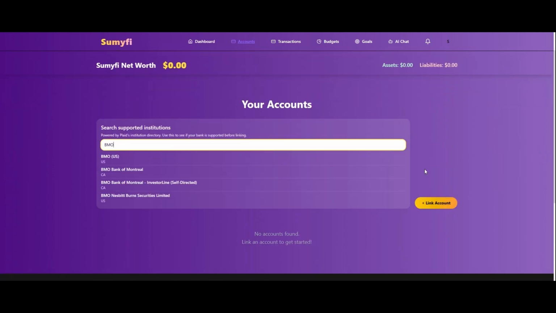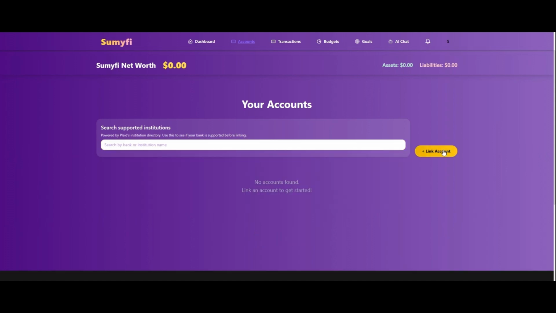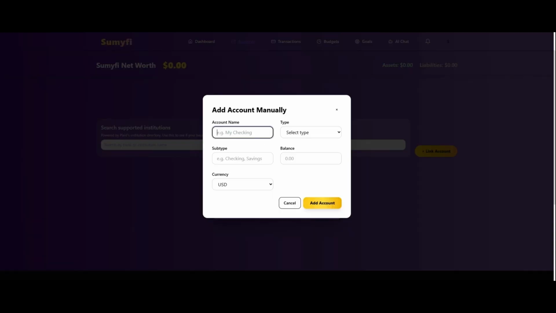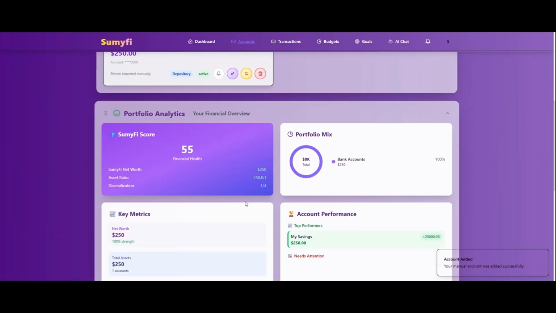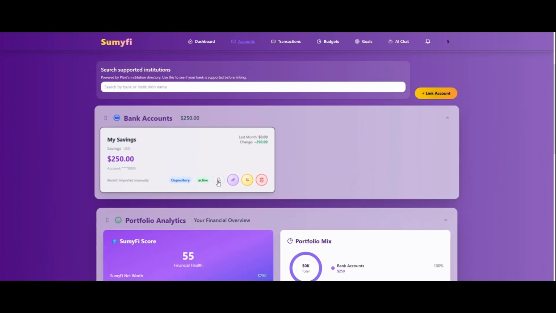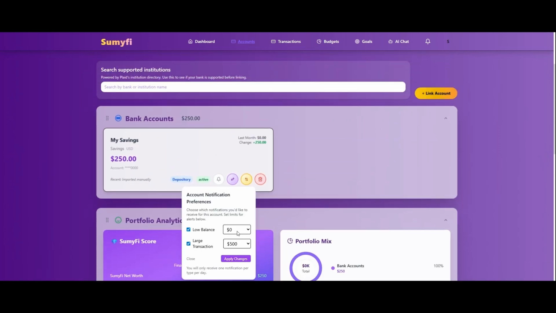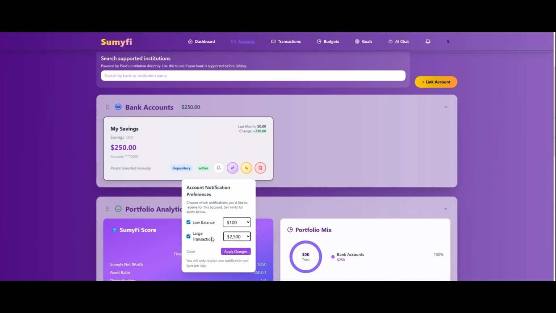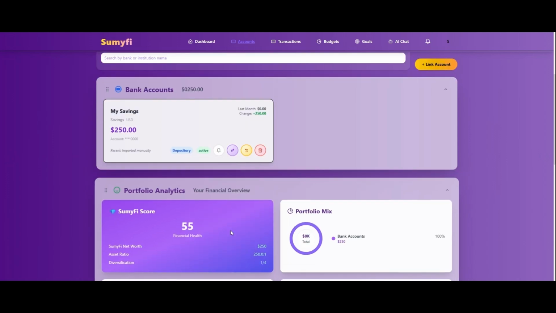Then on the accounts page, you can search institutions to see which institutions we offer as a premium version, or you can just add your accounts manually by adding the account to the link account button. There's also the premium option, but we'll get to that later. So you can add your account here, scroll down, you can see your portfolio analytics. You can also turn on notifications for your account, such as balance warnings or large transaction alerts, as well as